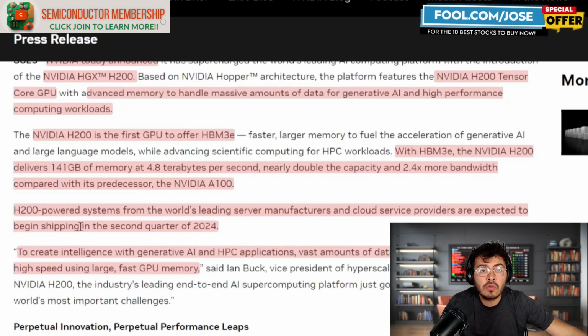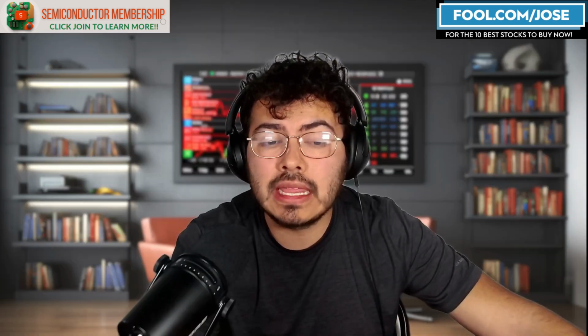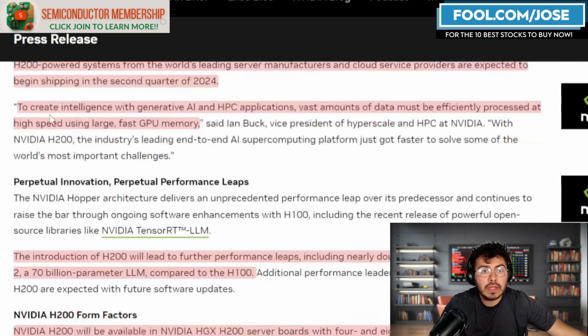They mention that H200 powered systems from the world's leading server manufacturers and cloud service providers are expected to begin shipping in the second quarter of 2024. I believe this is one thing AMD has on its side, that it is going to start shipping in the fourth quarter of this year. And I believe this is going to create some form of pressure for AMD's solution. They also mention that to create intelligence with generative AI and high performance computing applications, vast amounts of data must be efficiently processed at high speed using large, fast GPU memory, and that's where this Hopper